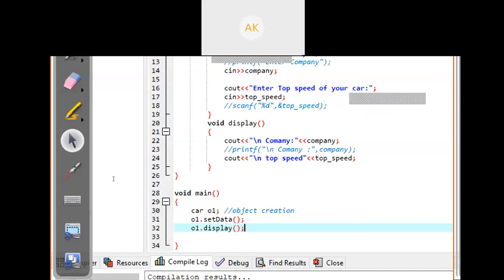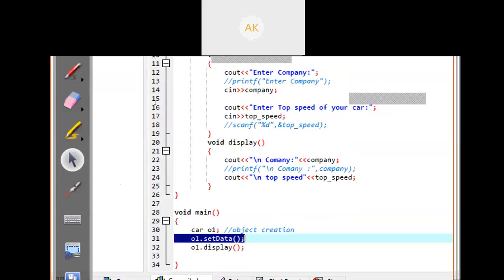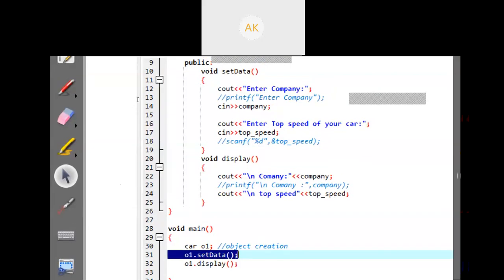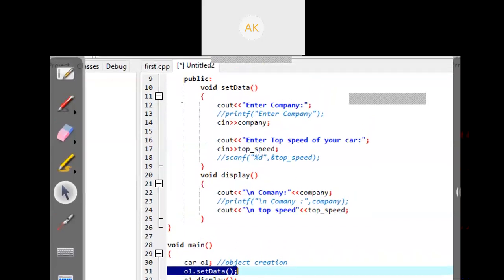So how will this program execute? I'll explain again. Your program starts with the main method. First your object o1 will be created, then o1 dot set data will execute. Set data starts, the first line will print enter company, and whatever company name the user enters will be stored in the object's company data.